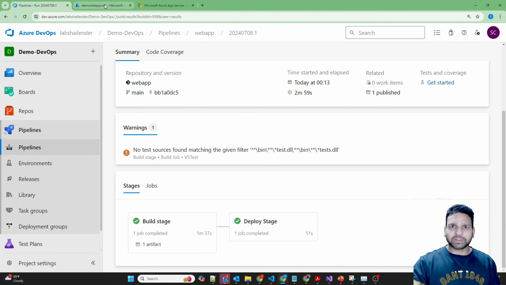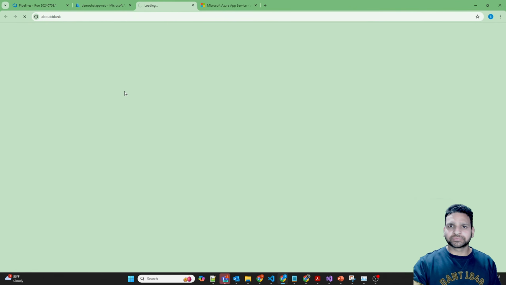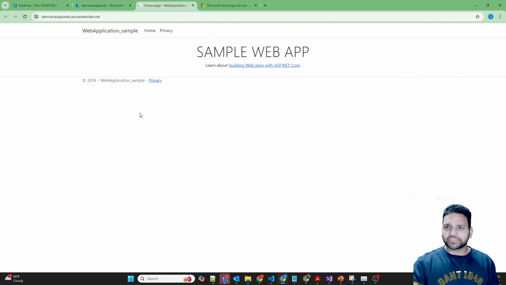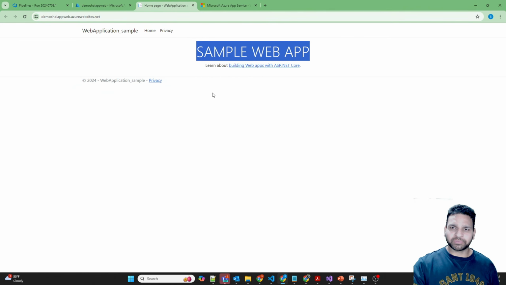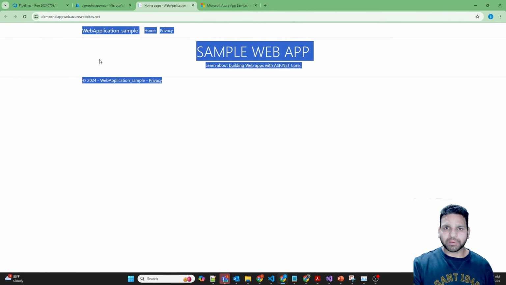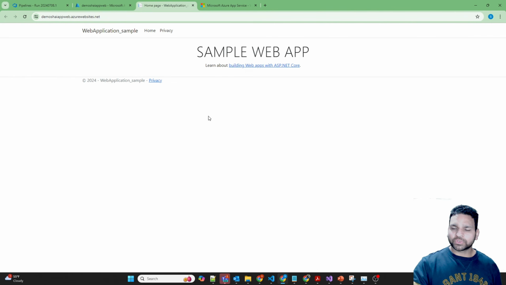Let's go back to the Azure application, refresh it, and browse the application now. And perfect. This is the sample web application. However, when we tried to browse the app previously, it was the default page. Now it's a different page. And I forgot to mention this. I created this sample ASP.NET web application using Visual Studio 2022. And I've created a video on how to create a sample application and publish it to Azure DevOps repo. So you can click on the tags in the right-hand corner of your screen, or check the URL of that